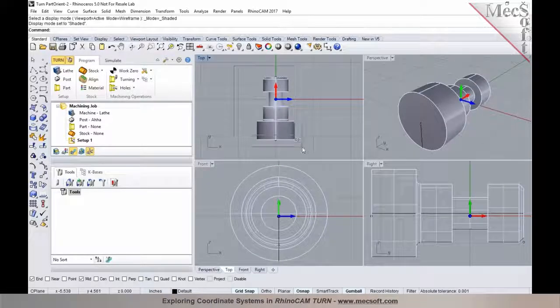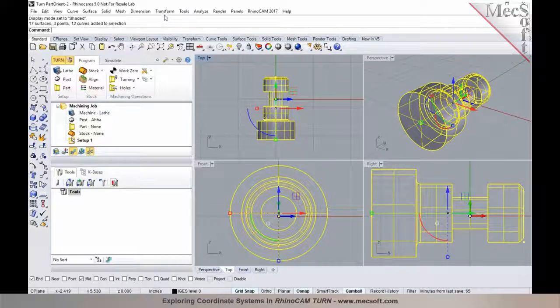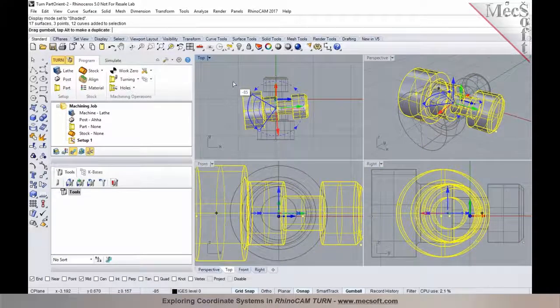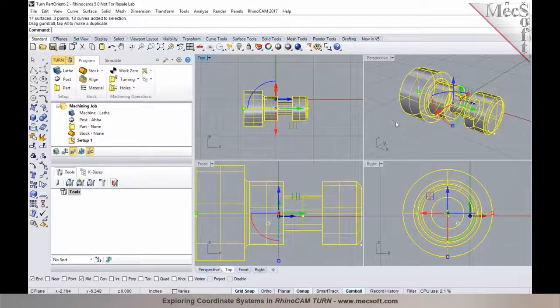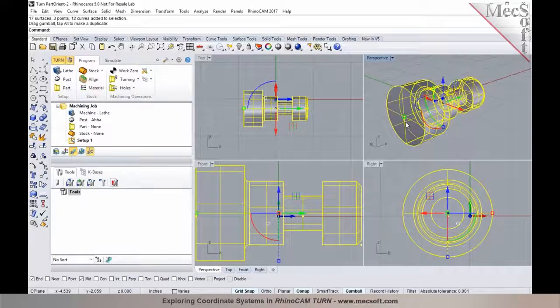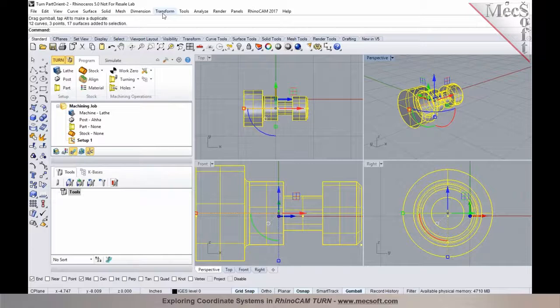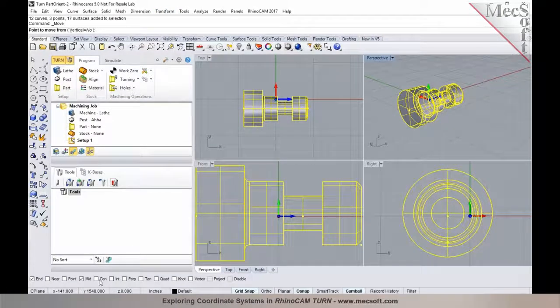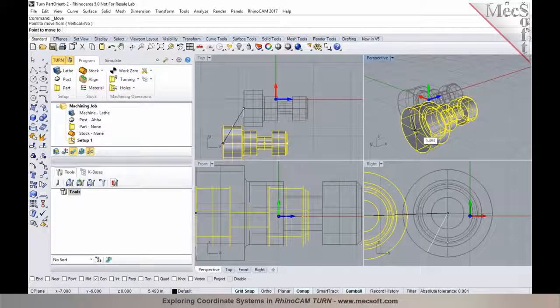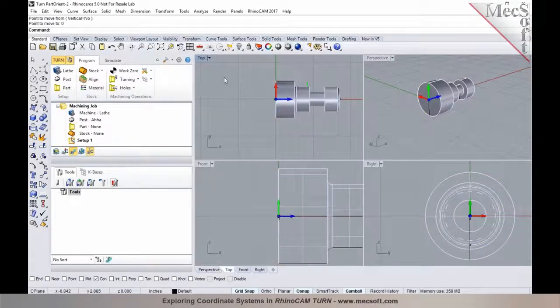You could use the transformation tools that are available to you in Rhinoceros, or you could even use the manipulator or the gumball tool to rotate the part. So in this particular step, I'm going to rotate it by 90 degrees first, and then I need to establish the zero at the back face of the part. So again, I'm going to select the part. I'm going to perform a transform and a move command. I'm going to snap to the center of the back face in here, and then move it to origin. I'm going to type in 0 and then press enter. So now the part is oriented